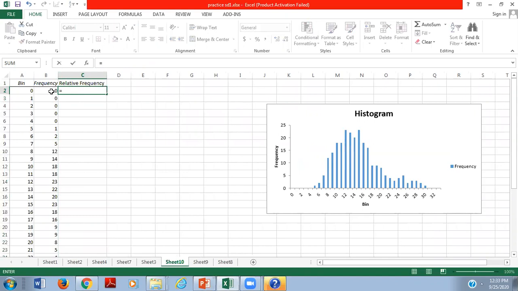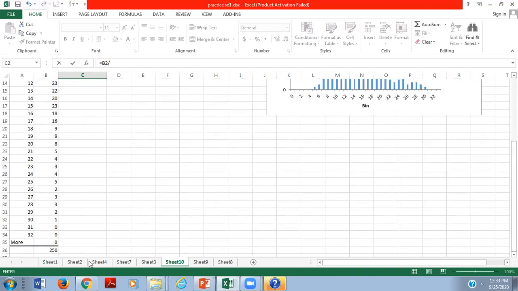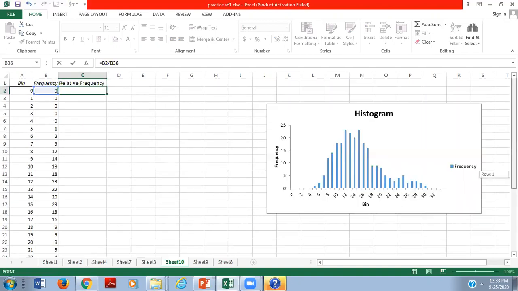It equals this individual frequency divided by the total frequency. But for the total frequency we have to put a dollar sign, because that cell with 250 has to be fixed. 250 is going to be used for every individual frequency, so we fix it with a dollar sign, right? Then enter.